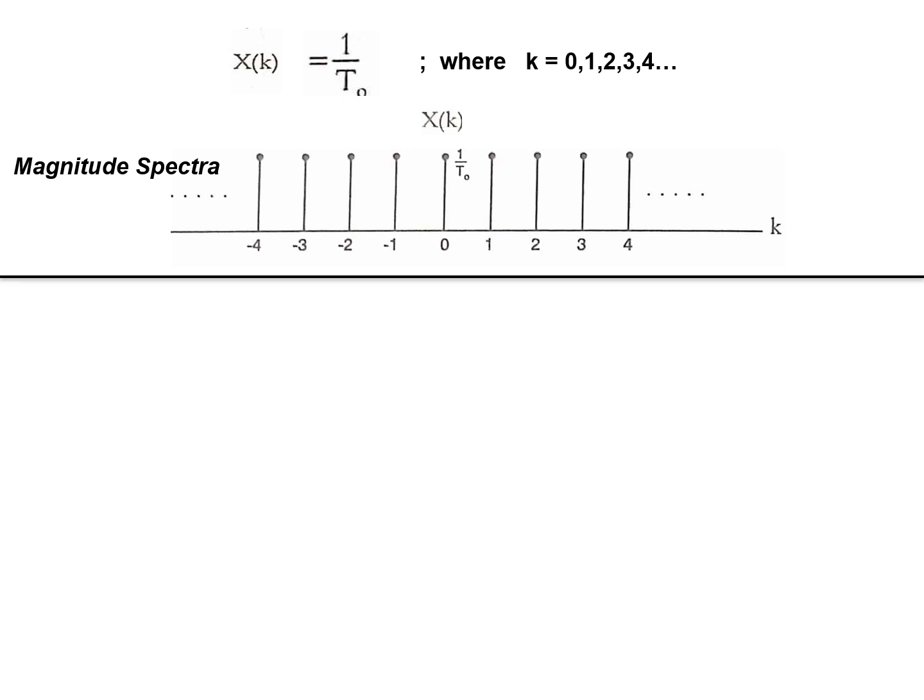And the phase spectrum will be 0 because it is an even function, no? The graph was an even function, therefore the phase spectrum will be absent. Magnitude spectrum will be this. I'm sorry, phase spectrum doesn't exist. Only the magnitude spectrum for this particular signal. It looks exactly like the time domain counterpart, no? So if I find the Fourier coefficients of an impulse train, it will result in another impulse train in frequency. Exactly, x of t becomes x of k. So the shape doesn't get altered. In place of time, you'll get frequency indexes.